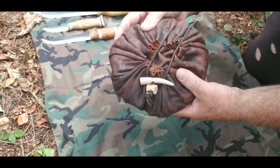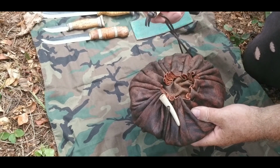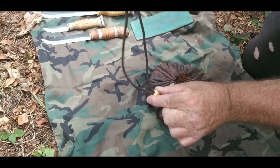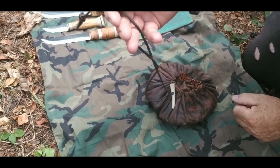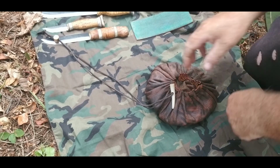Just a simple toggle. Just give it a twist, fold it underneath. There it is. Okay. At the other end, again, little slide toggle. This is all leather. Okay. So in here,